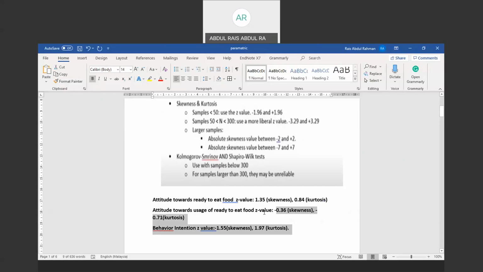Okay, so at this point in time, it looks like our data is so far normally distributed. Usually at this stage, the Z-score is the minimum amount if you want to measure normality, but if you go up to a higher level when you do masters or PhD, you may need to look at the